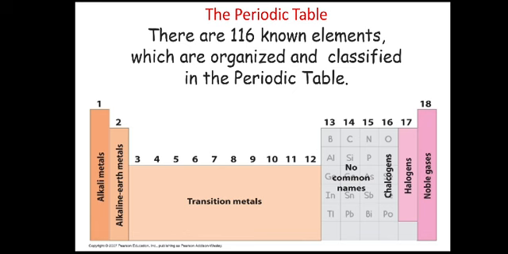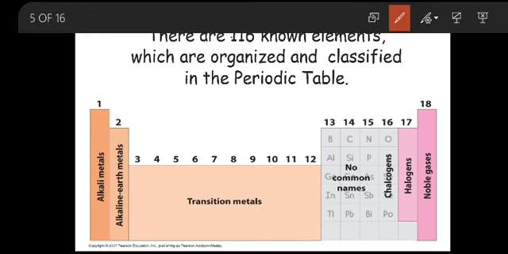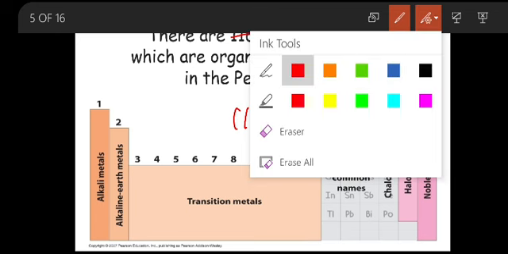As I told you, my dear children, with respect to some similarities, the chemists have grouped the elements as alkali metals, alkaline earth metals, transition metals, halogens, noble gases. So these are the groups of elements present in the periodic table. For now there are 118 elements present and it is a typing mistake here. It is 118 as indicated in your periodic table.